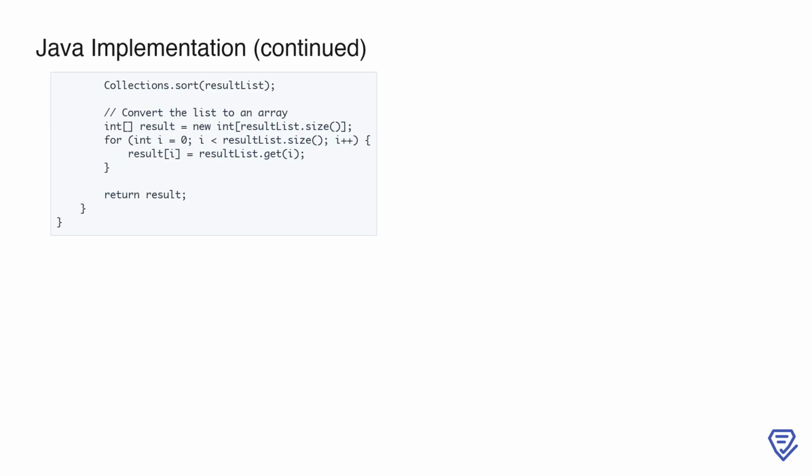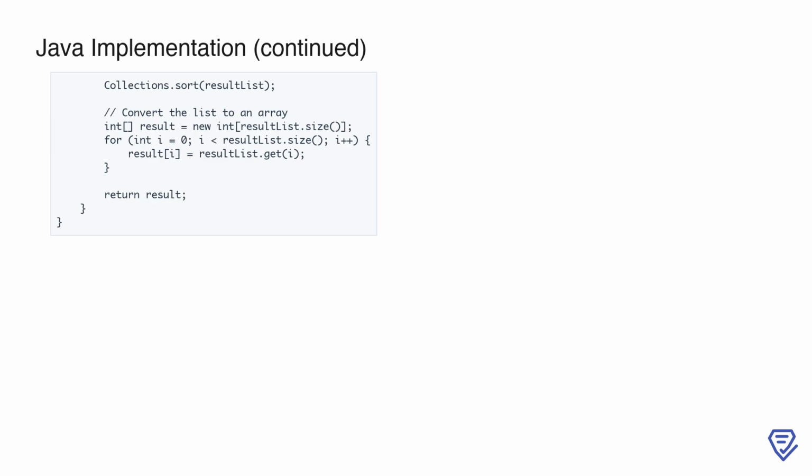Once we have generated all valid 3-digit even numbers, we need to prepare the final output. To do this, we first convert the result set into a list called resultList. This allows us to use the Collections.sort method to sort the numbers in ascending order. Sorting ensures that the output matches the expected order. After sorting, we need to convert the list into an integer array, as the return type of the method is int[]. We declare an array called result with the same size as resultList and use a simple for loop to copy each element from the list into the array. Finally, the result array, which now contains all the unique 3-digit even numbers in sorted order, is returned